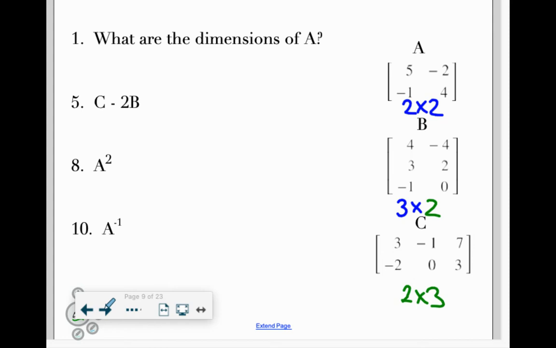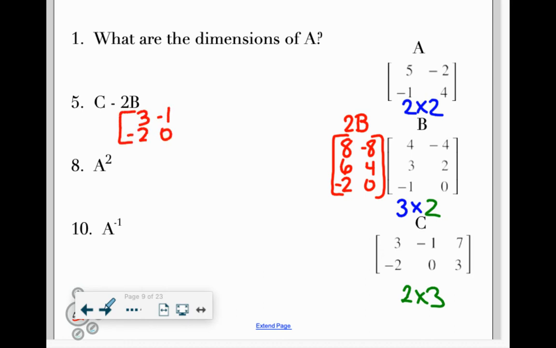I'm just going to kind of say that now. What 5 wants you to do is C minus 2B. If we were trying to do this, we would multiply B by 2, which means that you double everything inside of B, or multiply the whole thing by 2. This would be 2B. The issue is you can't do C minus 2B